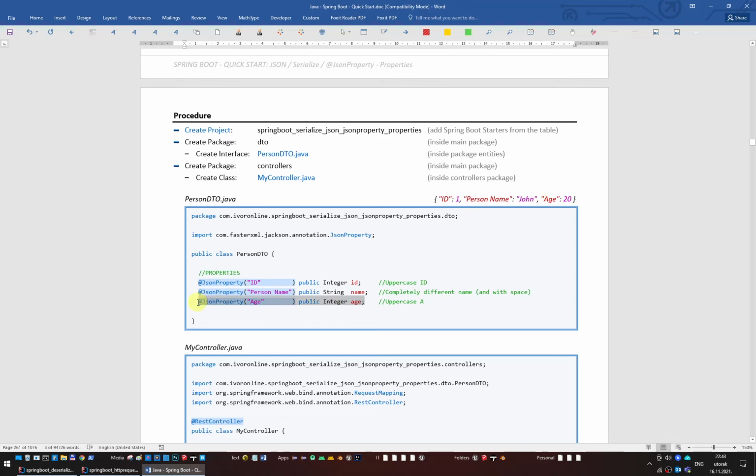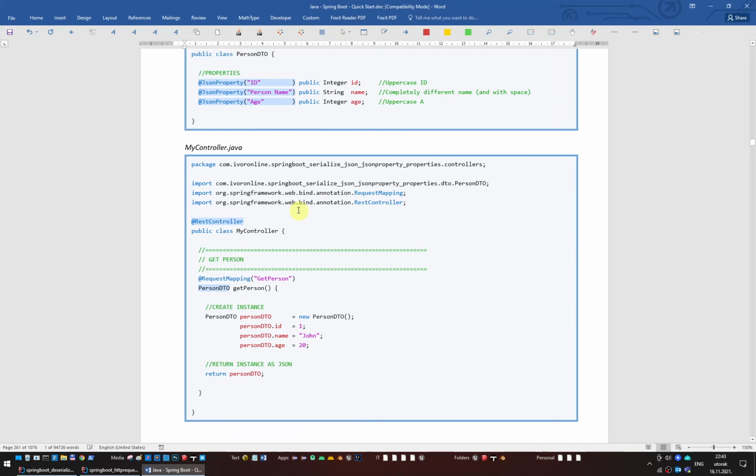And the same applies for this last age property, where we want our JSON property to be also called age, but with a capital A. And here is our controller. It needs to be annotated with REST controller annotation, and the endpoint needs to return person DTO. Then inside the endpoint, we are creating an instance of a person DTO, and then the endpoint is simply returning that